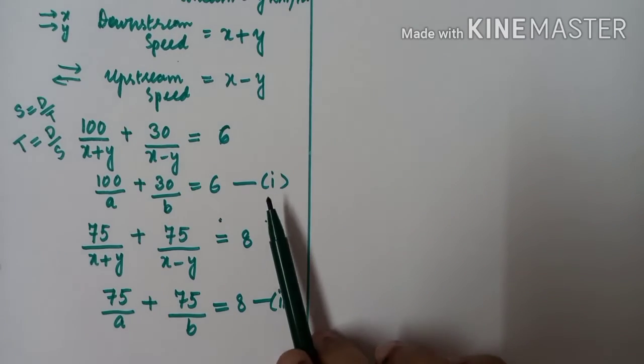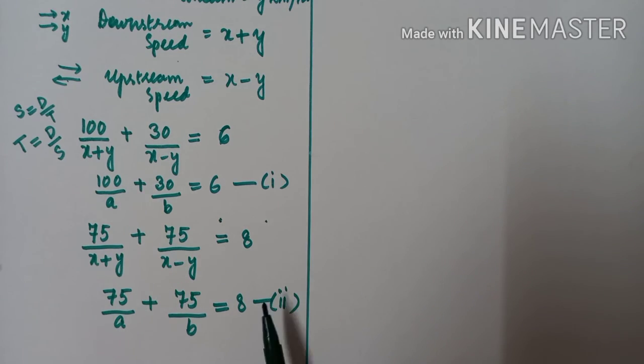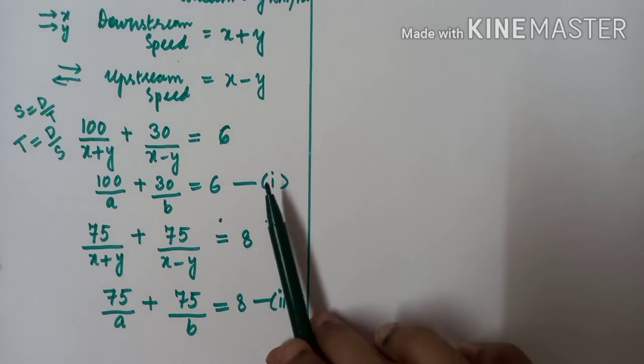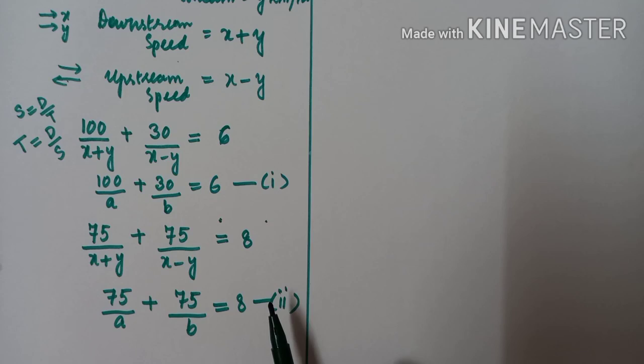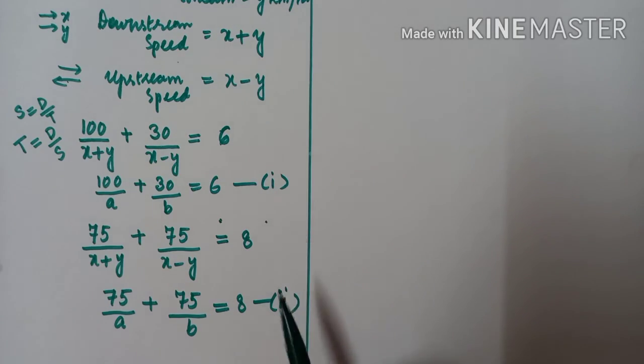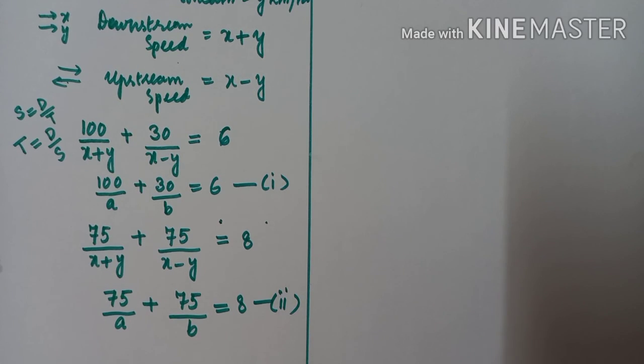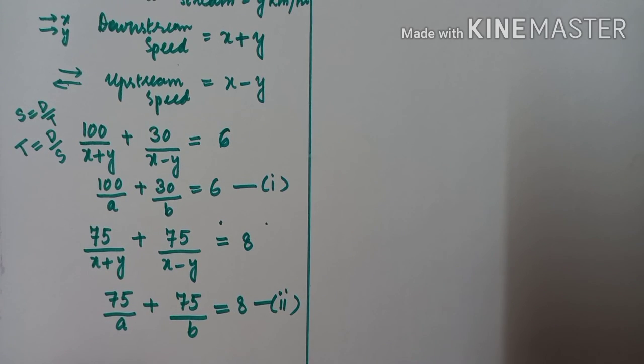So students, you got equation 1 and equation 2. I want you people to continue from here. Just simplify equation 1 and equation 2, and find the speed of the motorboat in still water and the rate of the stream. That's it. I have just formed the statements into equations. Now it is very easy for you people to continue. So you can continue. Now let us go to the next problem.